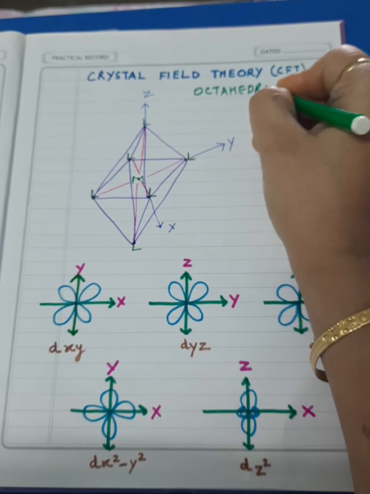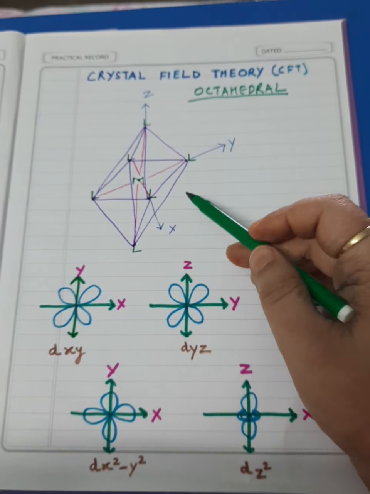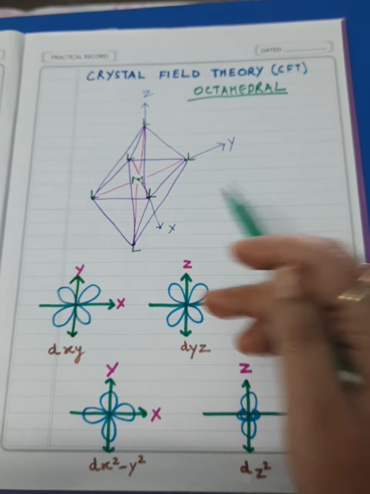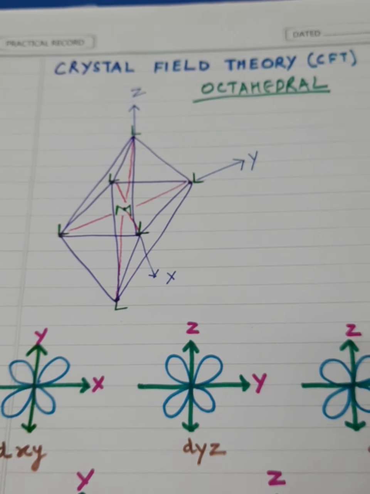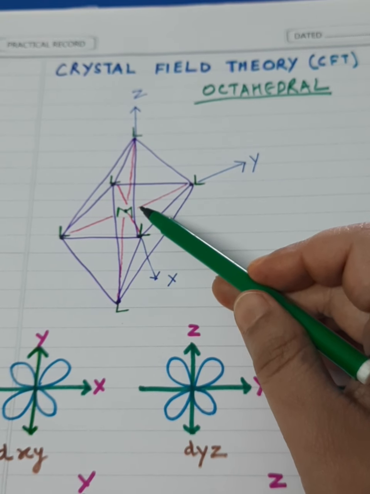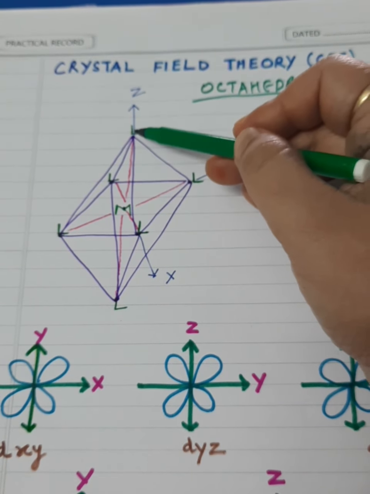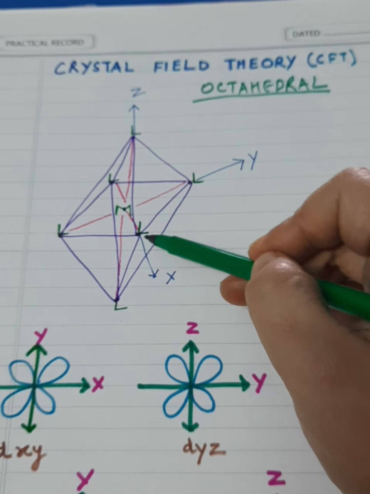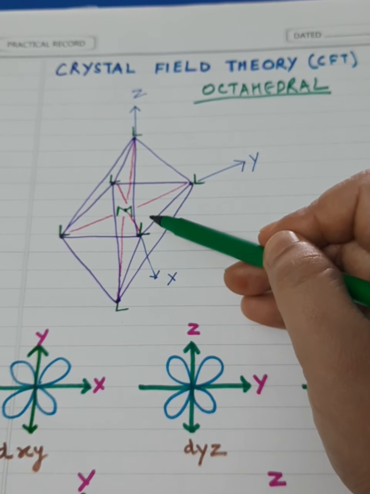Octahedral complexes. So, dear students, when I say octahedral complexes, they exhibit a three-dimensional geometry like this. Look at the structure and focus on it to understand. This is the central metal atom M, which is bonded with 6 ligands. 4 are in a square plane, one is above and one is below. These pink lines represent the coordinate bond between metal and ligand. You can count, they are 6 in number. 6 bonds are being formed.